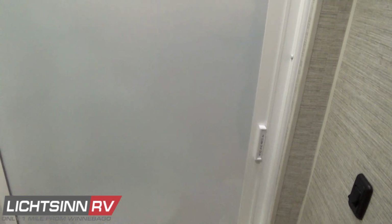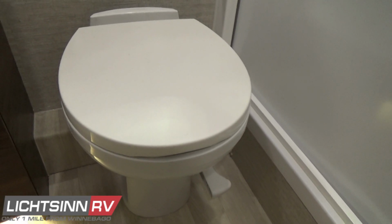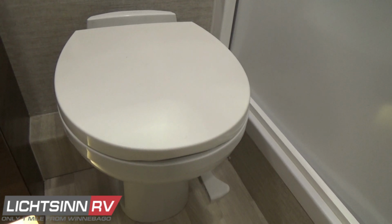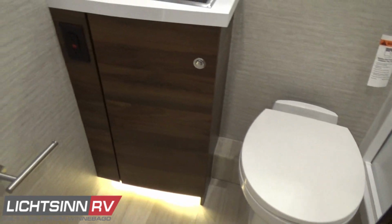A residential height style toilet is included then. Mid full bath, so great maneuverability around the toilet. That's also included then with a foot pedal flush. You can see off to the left we continue with the illuminated toe kicks. Of course, we haven't forgotten the location for the second waste paper basket inside the bath underneath the vanity sink,